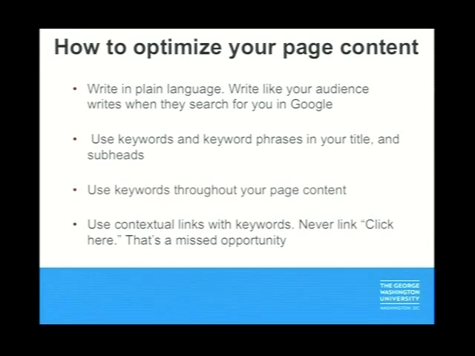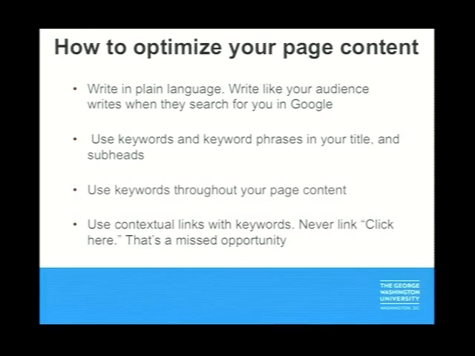So optimizing your page content is the next step in good SEO. It used to be that it was all back-end stuff, and you didn't have to worry about your page content aside from having some keywords in there throughout. But now Google's learning, and they're trying to serve more valuable content to users. So it's key that you write in plain language, write like your audience writes when they search for you in Google. That can be kind of difficult when your audience might not write beautifully. So there's a balance there in writing well, but also writing in plain language and in the language they might